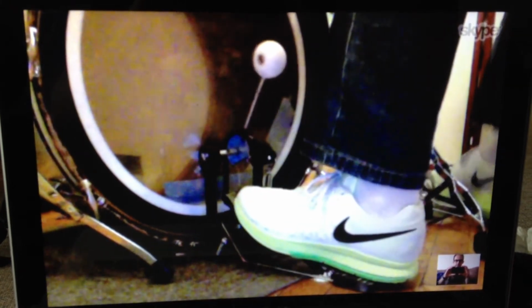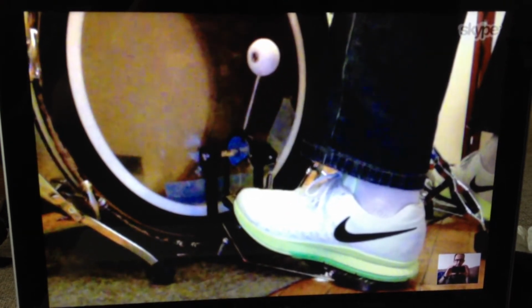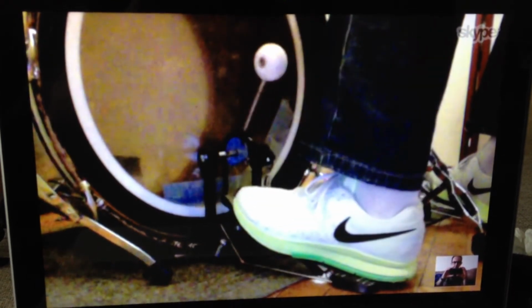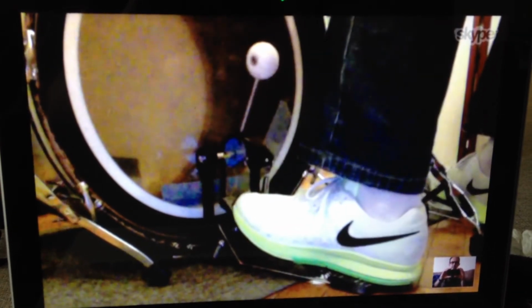1 and 2 and 3 and 4 and 5. See how smooth that is? How the beater ball comes back again, just like this. Beater ball comes back. Here, beater ball comes back. It follows through after the stroke. Okay, so a heel down position, plenty of power, heel up, and we're going to raise the leg, and so, and 1, and 2, and 3, and 4, and roll through back into the heel, start at the top of the foot, roll through, and lift your toes,